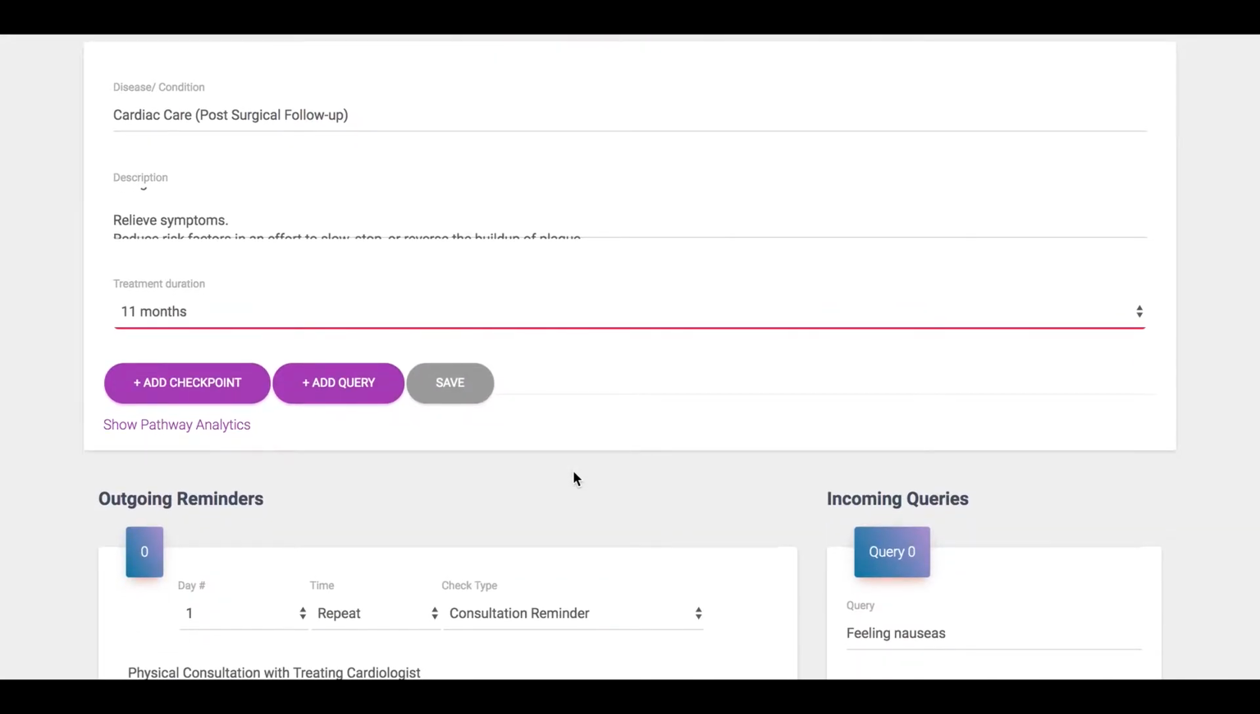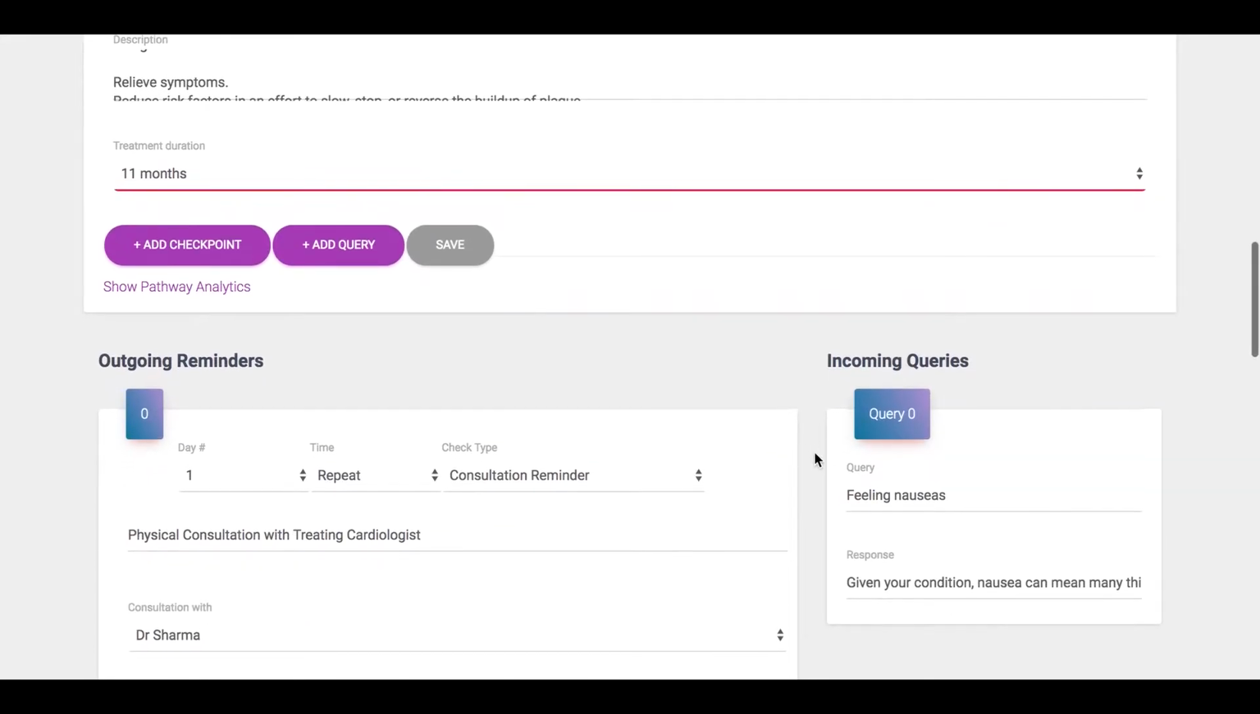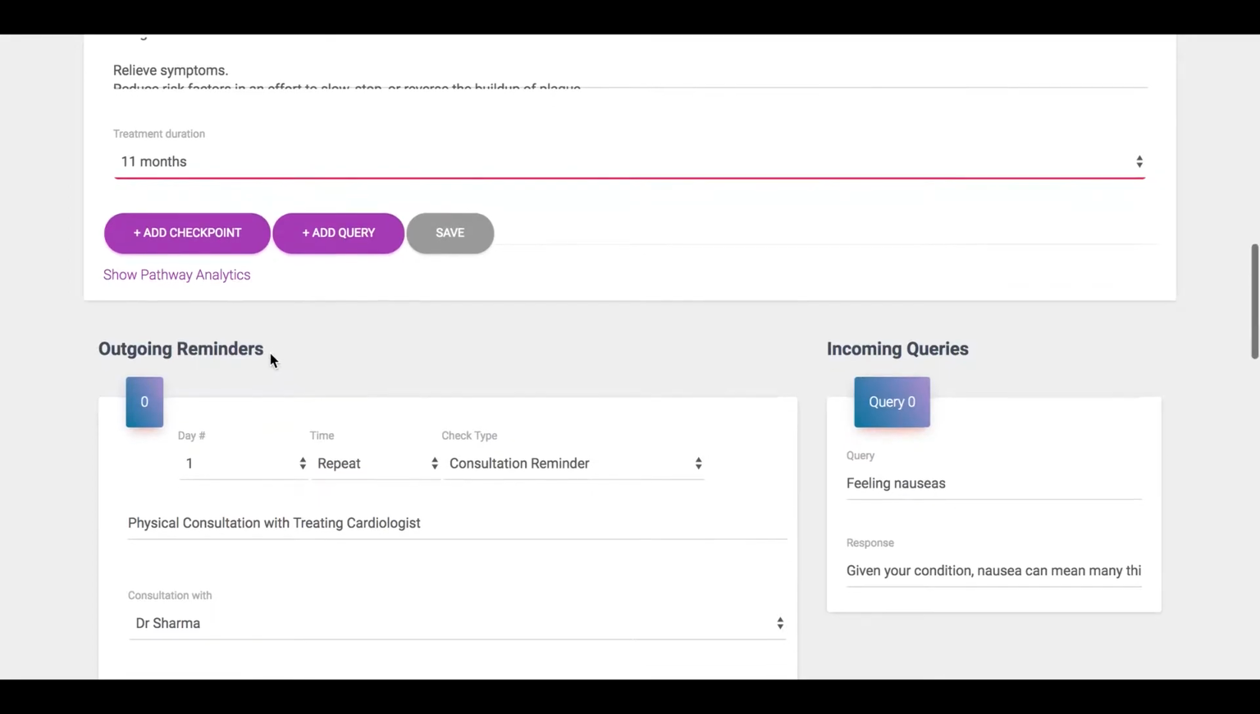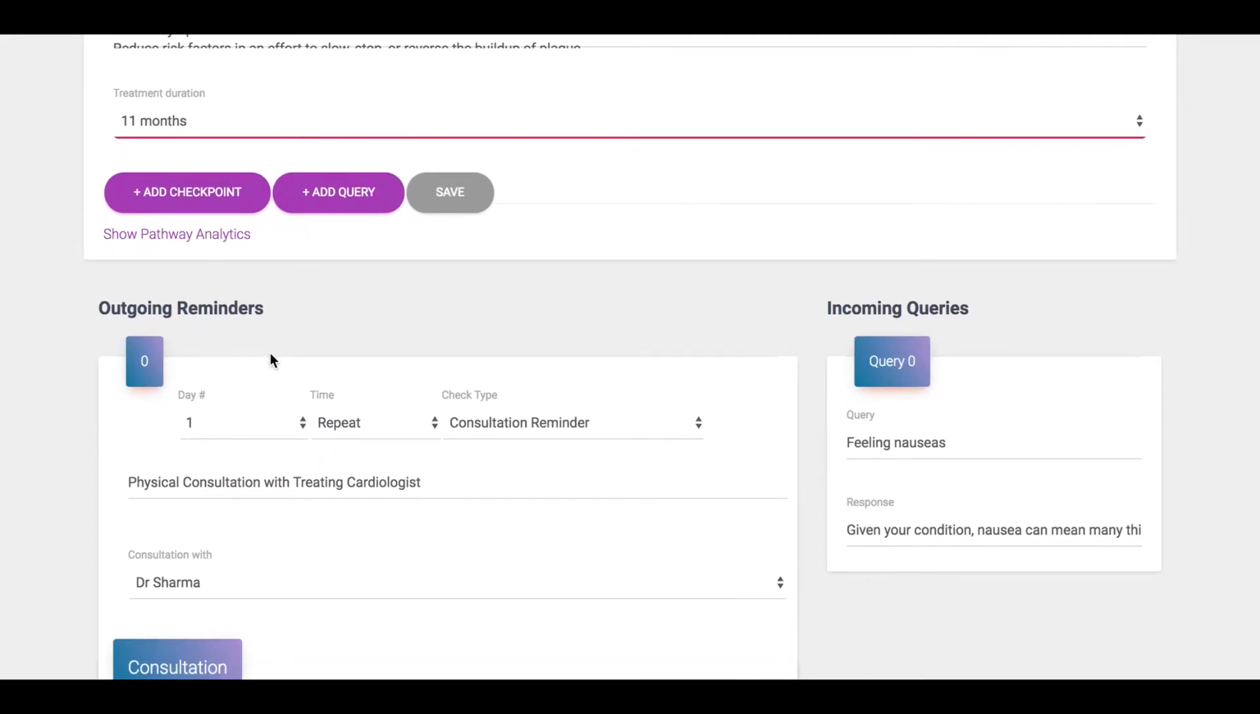Within the care pathway, there are two paths. There are either checkpoints or there are queries. Queries are any incoming questions that are coming from the patient, which can be as simple as feeling nauseous and what is the action to be taken for that. On the other hand, checkpoints are the detailed specific interventions that we need to take for the patient as part